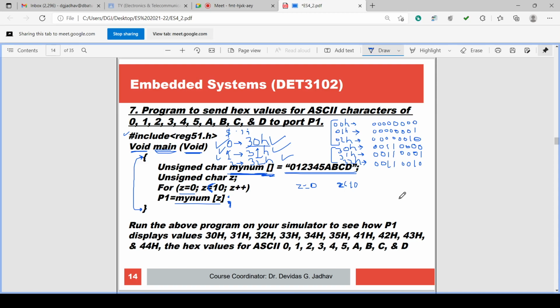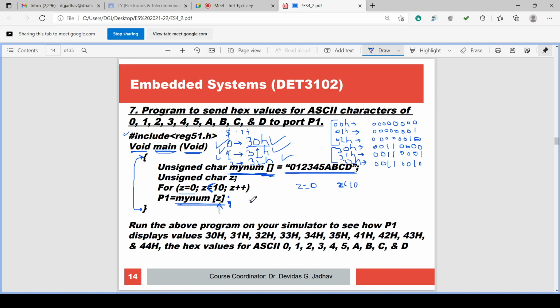If you want to take these array elements into account, then how can we take them? We can take them by indexing the array. In the square bracket, we can put the index of the array, the array index.